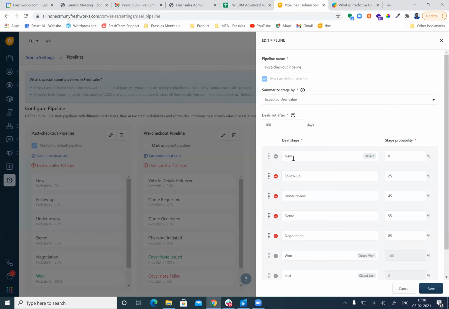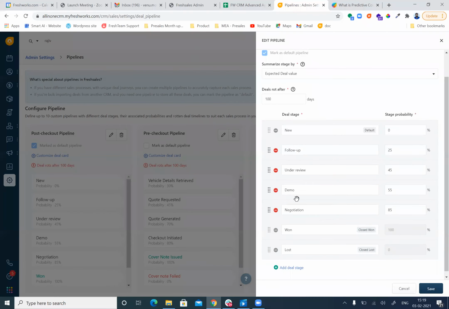So you can define the different stages of the process you follow internally for each and every opportunity closure. For example, whenever a new opportunity lead gets created, initially you will try to set an appointment with them and identify their requirements and expectations. Then you will show a customized demo of the product to the customer. Then the customer will negotiate with you. So these are the different stages you can update for the entire sales progress. Once you update the stage names here, you can just click on save.